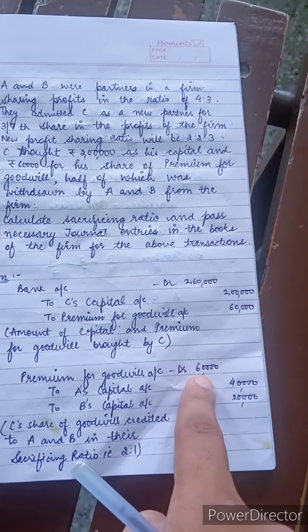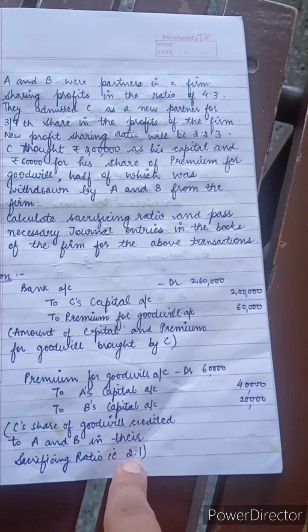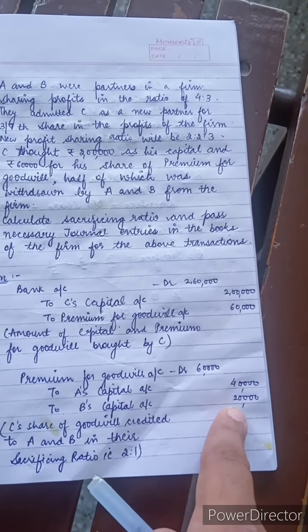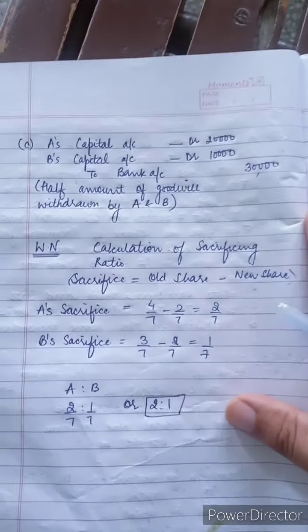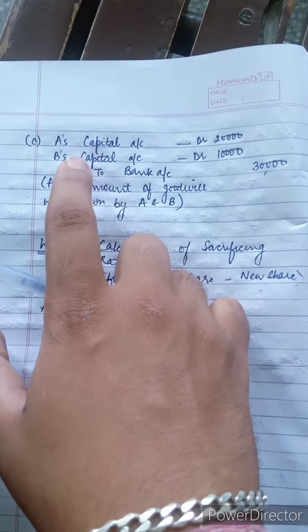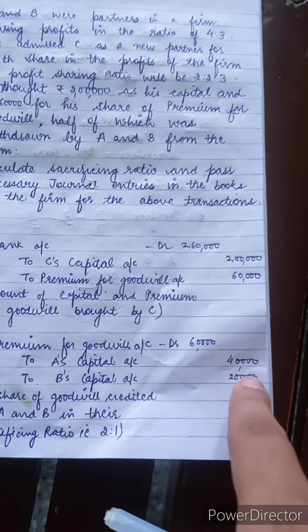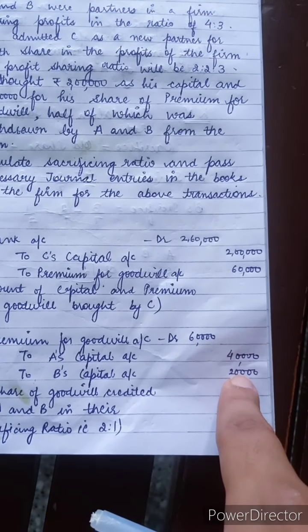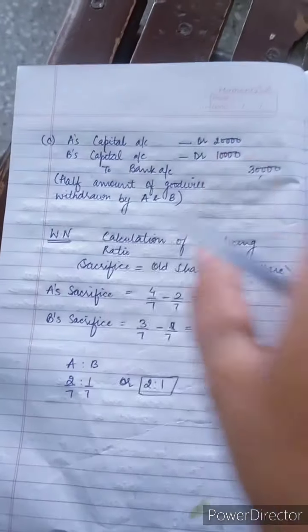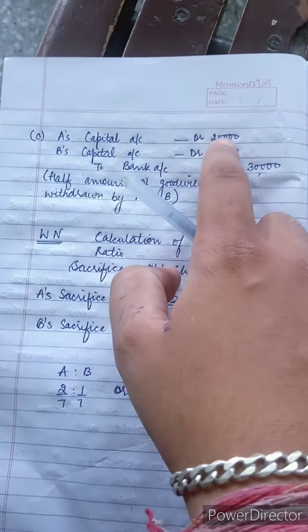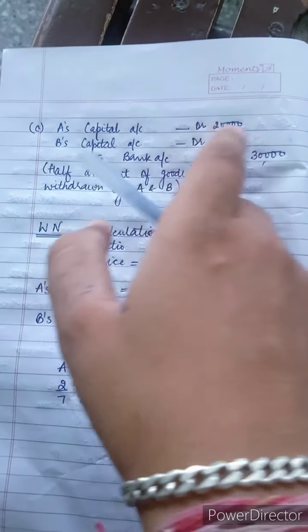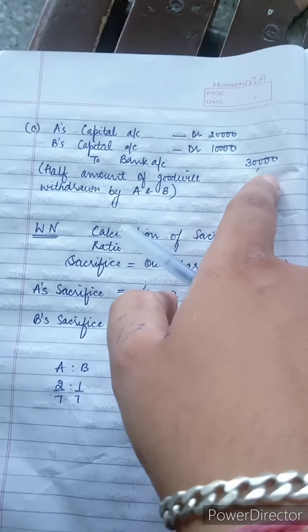So 60,000 will be distributed in the sacrifice ratio 2:1. So 40,000 and 20,000. And last one is the goodwill withdrawn. So entry will be A's capital debit, B's capital debit to bank, half. A की गुडविल कितनी थी 40,000, इसका हाफ कितना हो जाएगा 20, B की 20, इसका हाफ कितना हो जाएगा 10. So entry will be A's capital account debit half 20,000, B's capital account debit 10,000 to bank 30,000, half